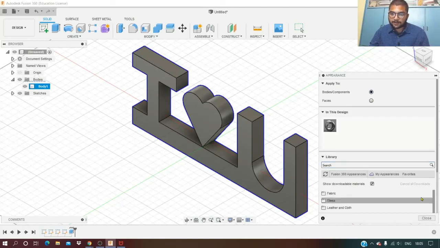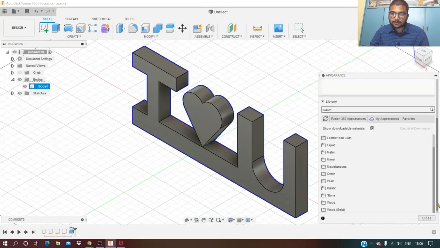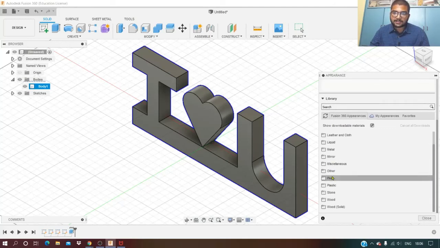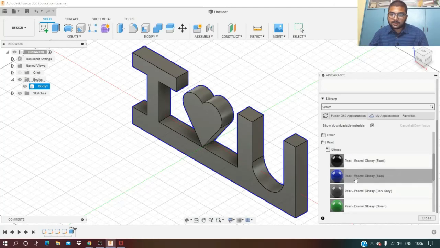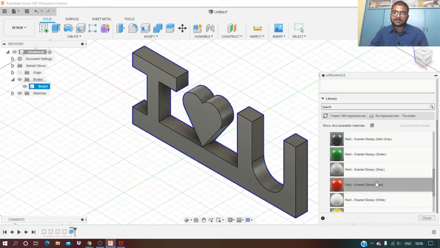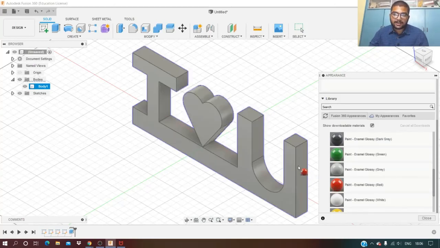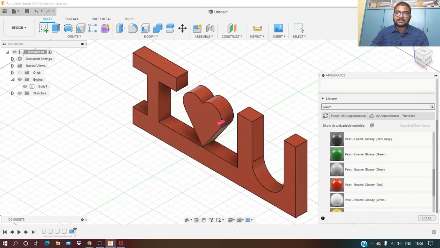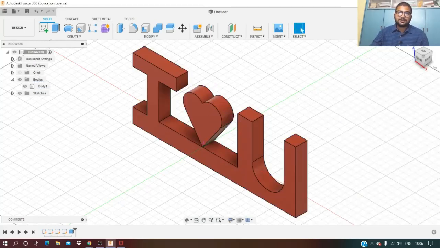There are lots of options here, like paint, and within that, metallic or glossy. I want to have red color, my favorite one. Just hold it and drag it onto the object. That's it, done. Did you like it?